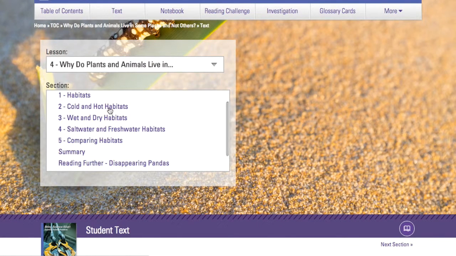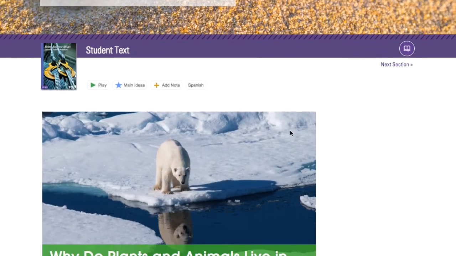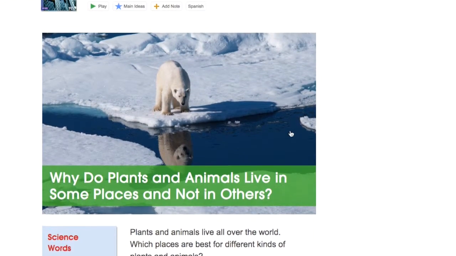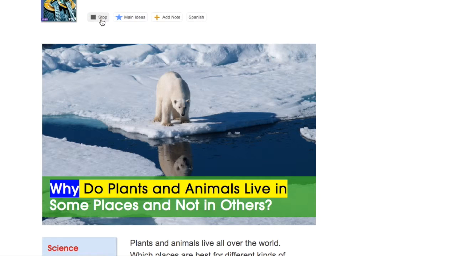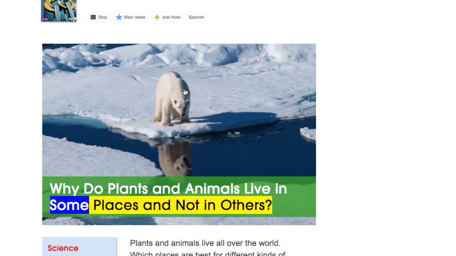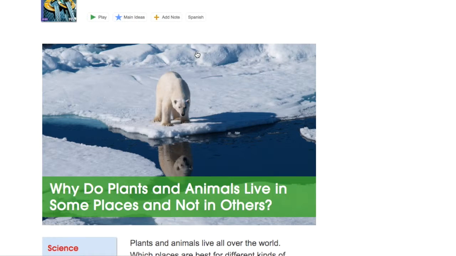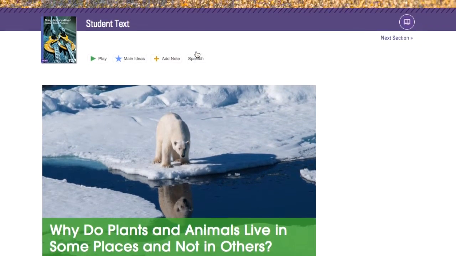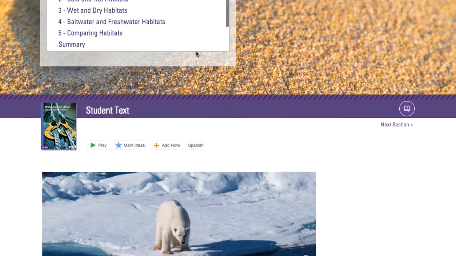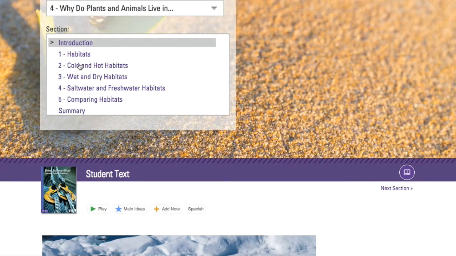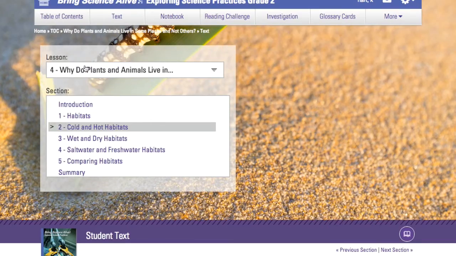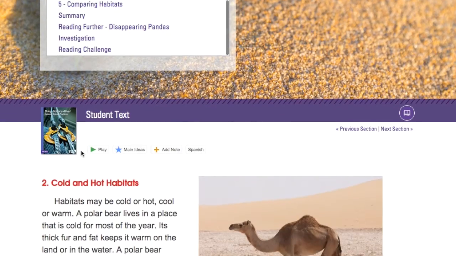Okay, so here I have all information. This is what the intro slide looks like. If I click on the play button, it reads aloud to students. Why do plants and animals live in some places and not in others? Okay, so that's what it would sound like. On this front page, there's no notes or anything, but we can click on one of the other lessons and